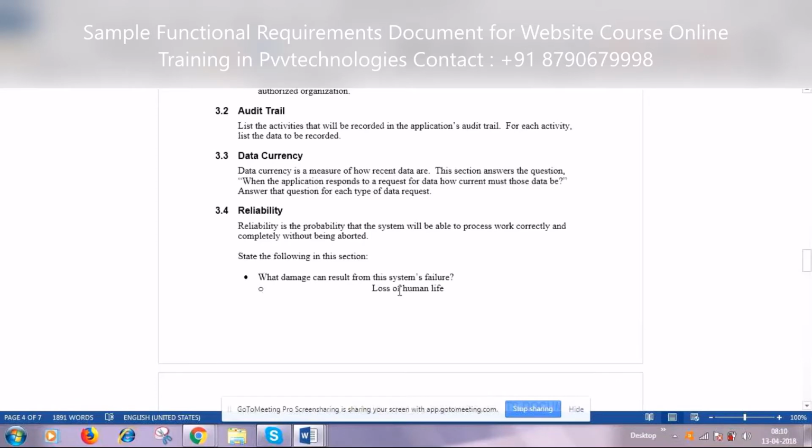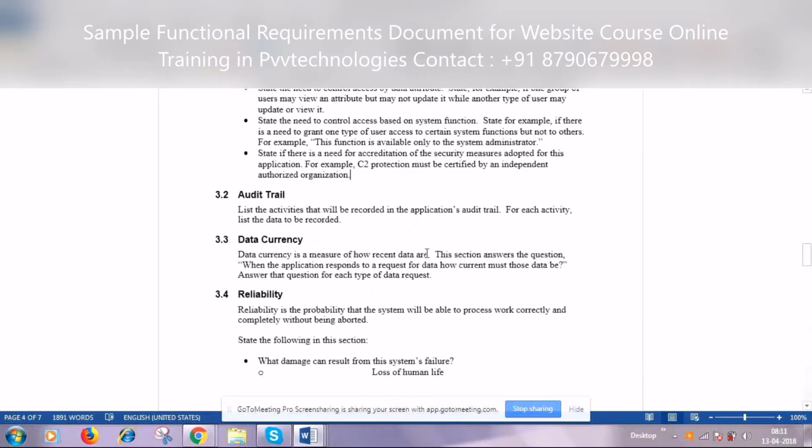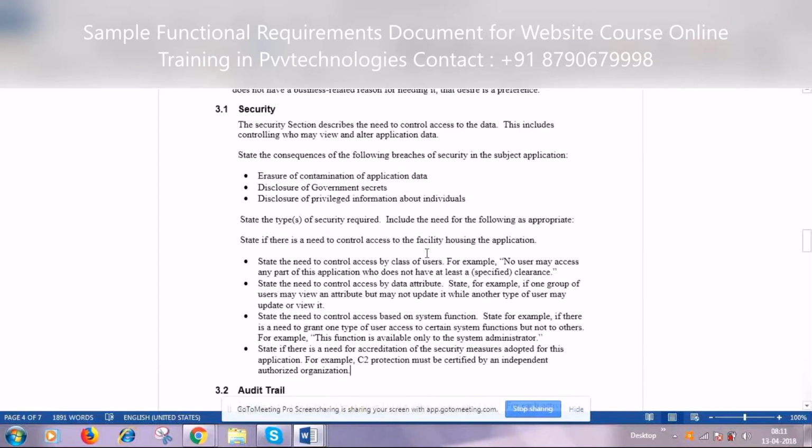Then yesterday too we discussed audit trail. It is basically the recording of the activities, each and every activity. All the applications will have it. In security, I would like to explain one more thing. Say, for example, you are logging into an IRCTC application. Have you been to the IRCTC application?